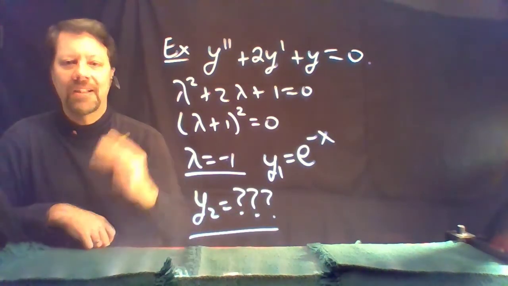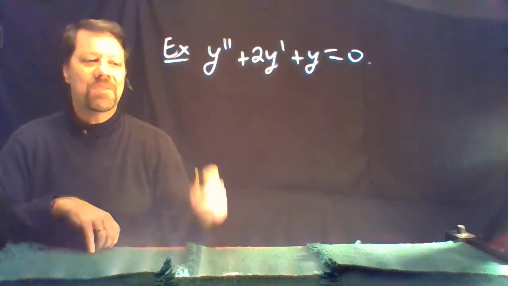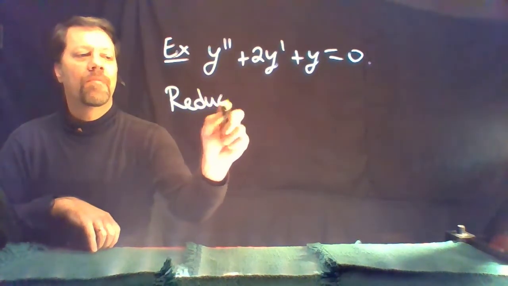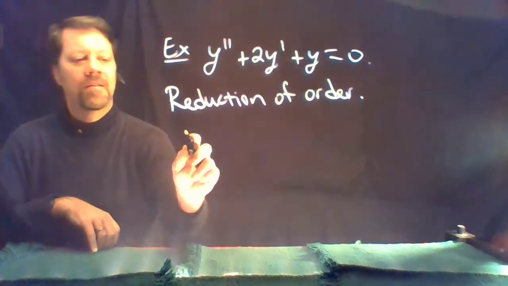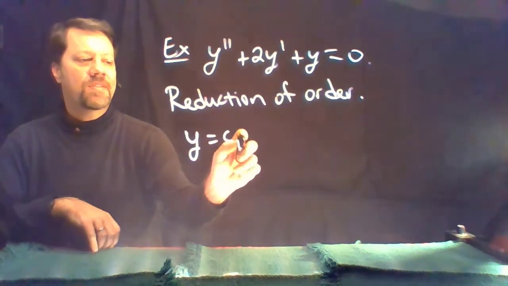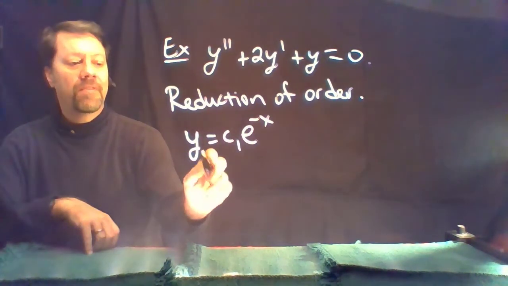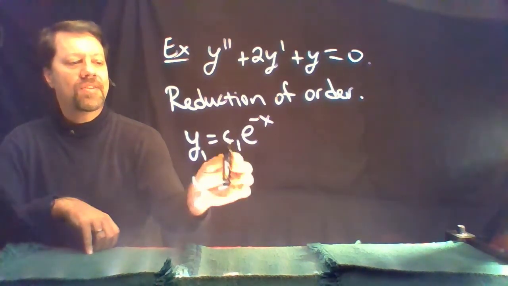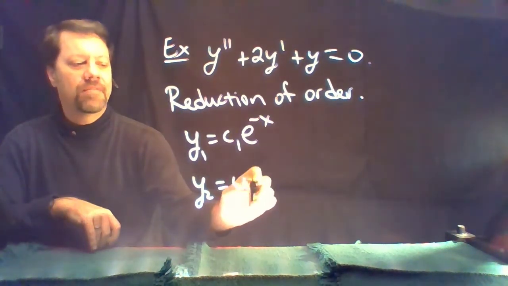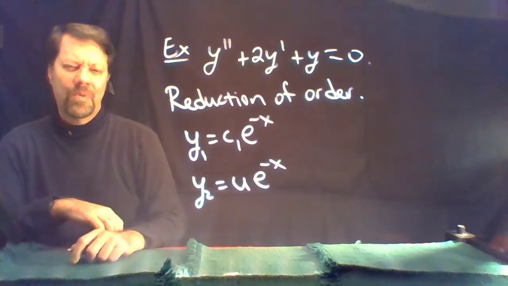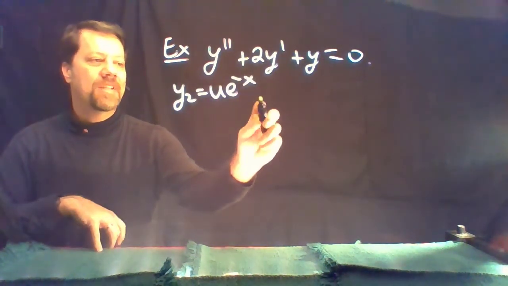How are we going to construct a second linearly independent solution? I'm going to use a method called reduction of order. We know that anything of this form, C1 e to the minus x, is a solution. The method of reduction of order says, instead of taking this parameter to be constant, suppose it's a function. What are the implications of that? If y2 is a function u times e to the negative x,